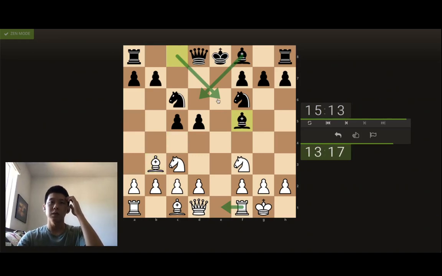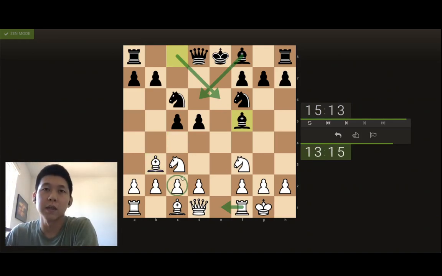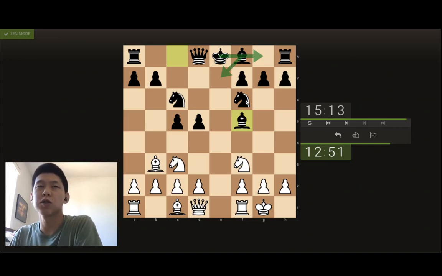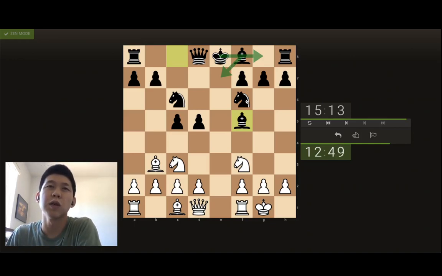Makes sense. Attacking this pawn, not really attacking it, but just developing. I could develop with tempo here. But I think it pretty quickly allows black to develop with tempo too. Brings this out to defend and then can castle pretty quickly. So I'm not too...